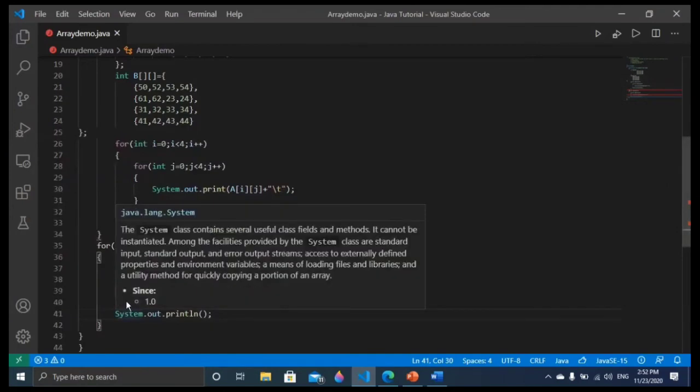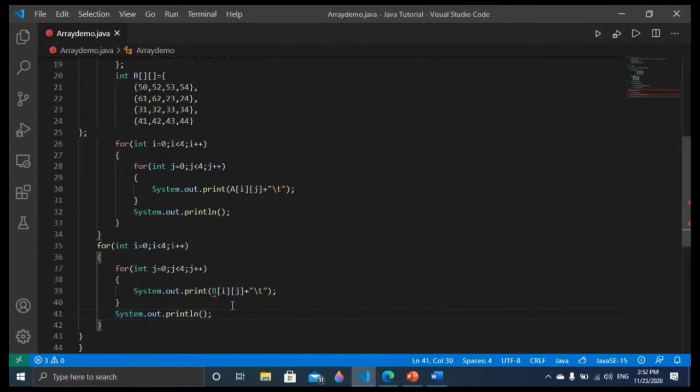This is okay. You can see int B. Yes, you can see here the semicolon is not there. Okay, so that thing we have to keep in mind.